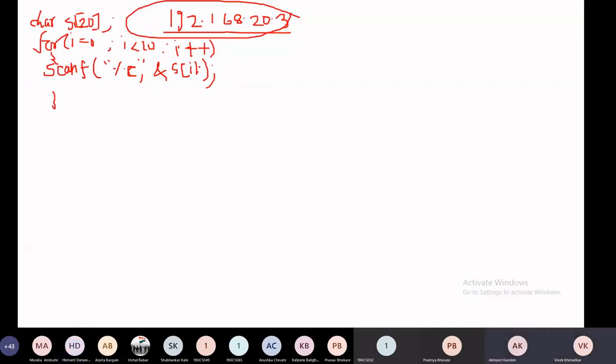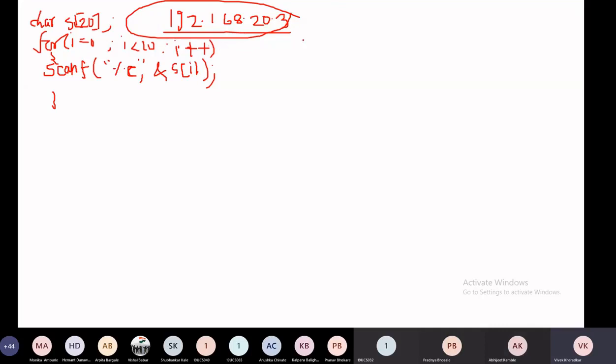Every time the user has to enter 20 characters, but is that the scenario? Is our input always 20 characters? No. How many characters in our case? 1, 2, 3, 4, 5, 6, 7, 8, 9, 10, 11, 12, 13, might be 13, 14, 15, right? So it is not always 20.